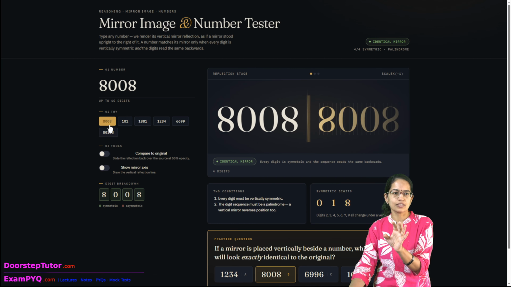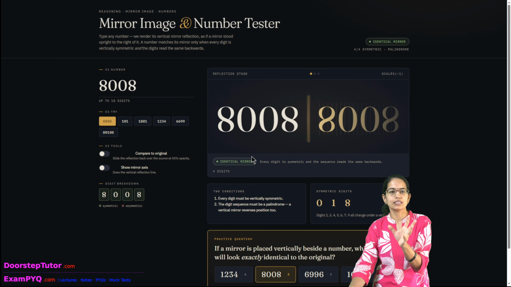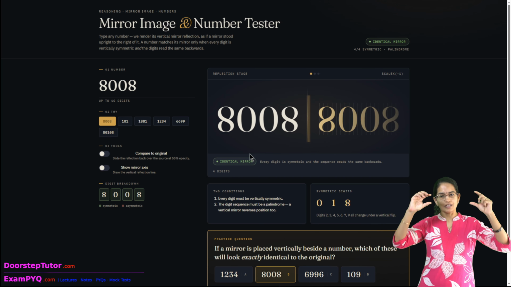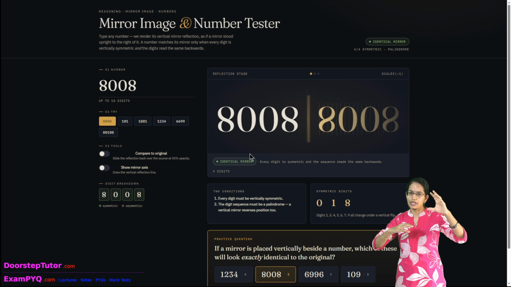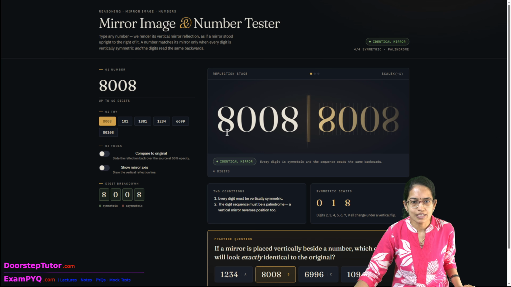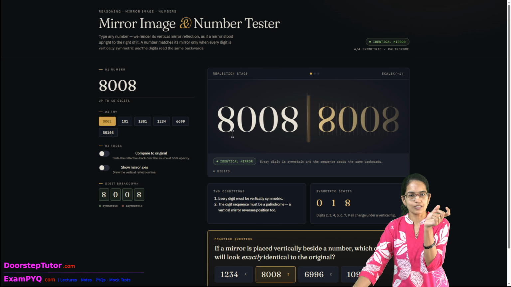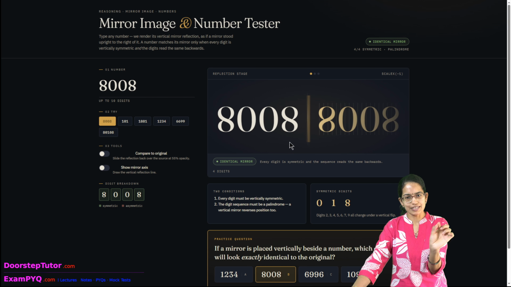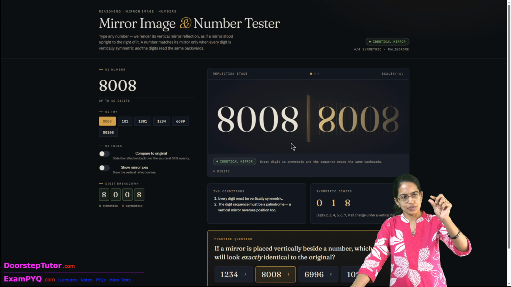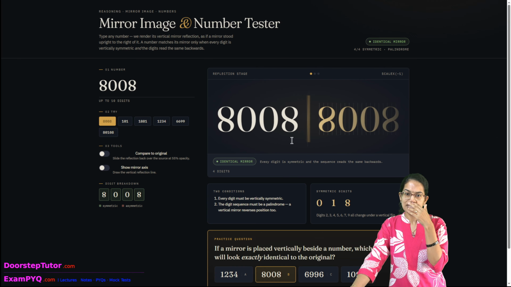So in this case, the only number that is symmetric is 8008, and again 8 would be symmetric only when the top half and the bottom half are equally in distance. But even if they are equally in distance, this 8 and this 8, the thickness would remain the letter thickness. If it is the same, then it would remain the same. If it is shallow from one side and thick from the other side, then it would become opposite in that case, right?